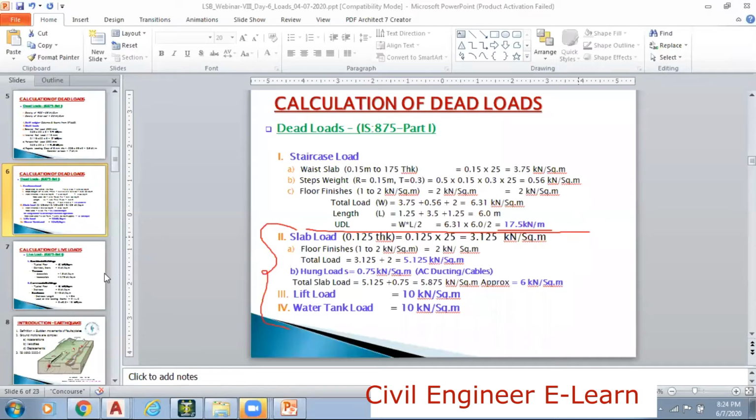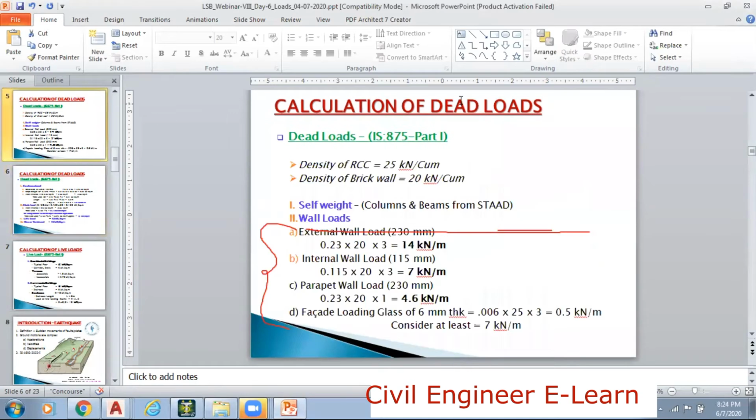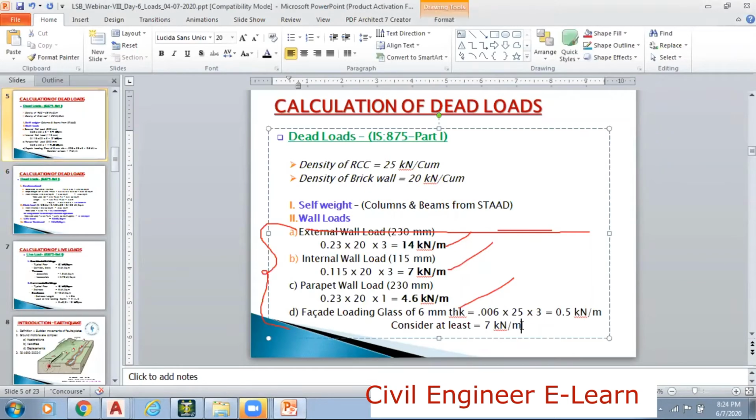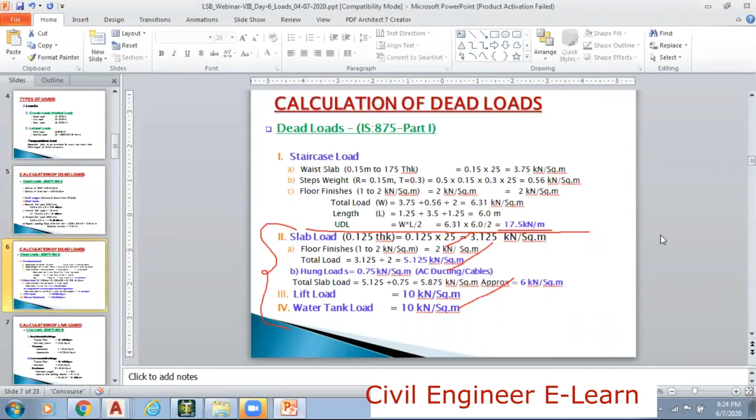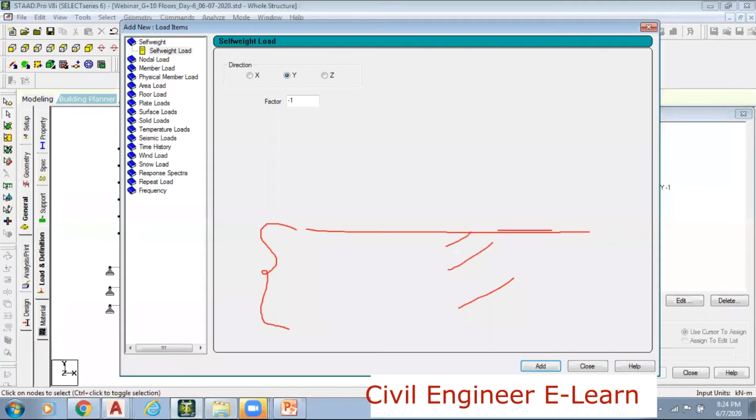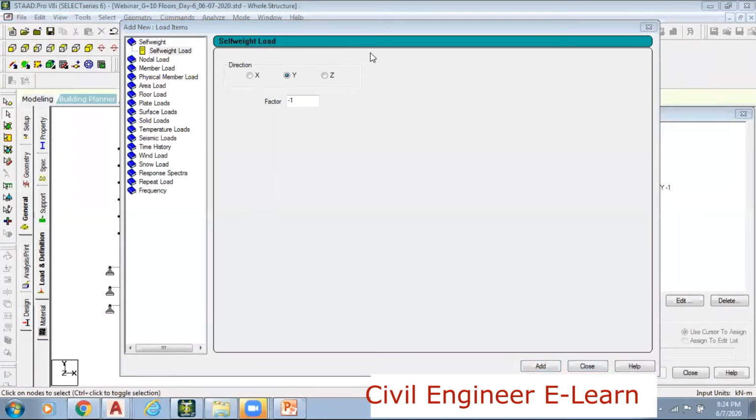So I go to this. How many loads do I need to add? I have to add this one, like 14, 7, 4.5, right? Again, of course, I can add this 7 also, and then 17.5. I'll go to Staad Pro. Now let me clear these marks. I'll go to this member load.